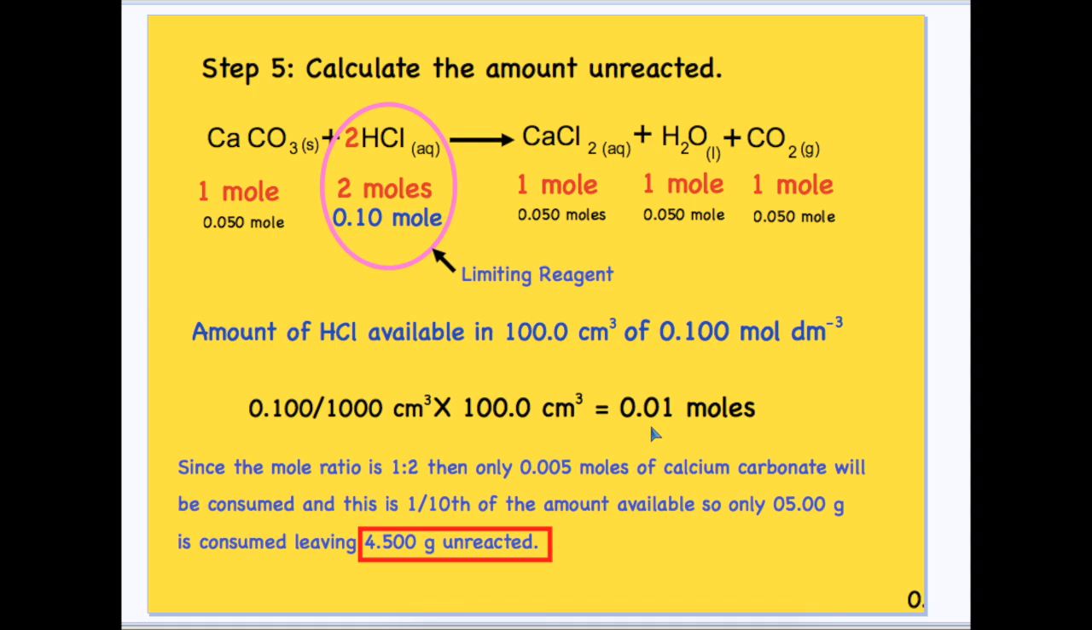Half of 0.01 is 0.005. And only 0.005 moles of calcium carbonate will react, or only 1/10 of what you have in the reaction vessel. So it means that only 1/10 of the 5 grams that you have would be consumed, leaving 4.500 grams